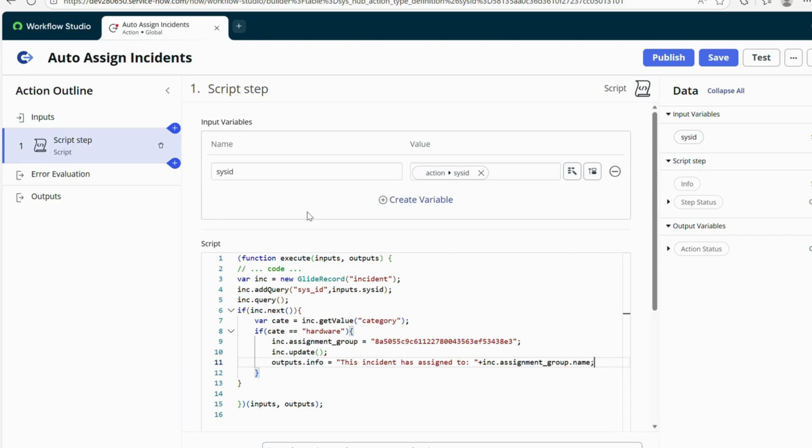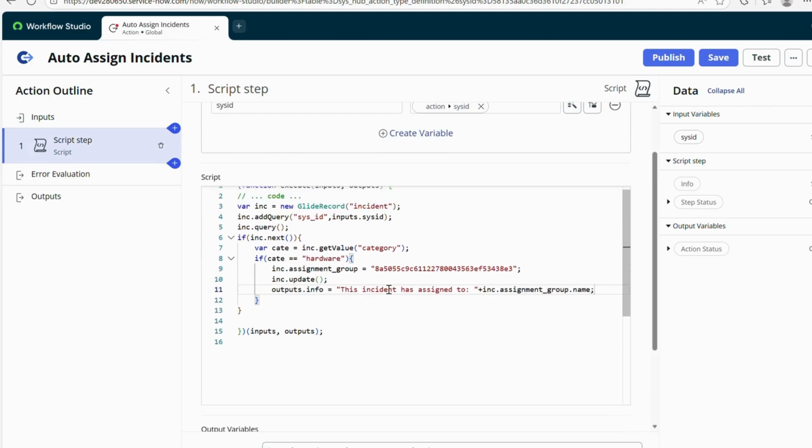So as of now we have done it for the hardware category. Now we need to drive it for several more categories. Let's say category software, category network. So I will utilize the logic of else if now, and I will use the same thing. If category equal to, instead of hardware I'll use this time software. Then go ahead and I'll copy the same thing